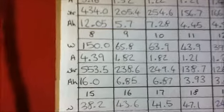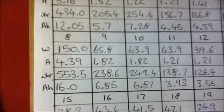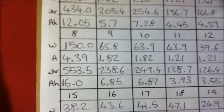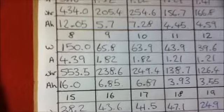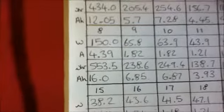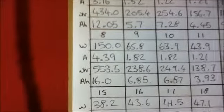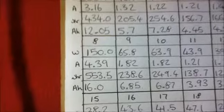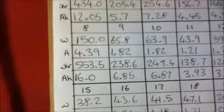You'll usually find that the days on my chart with the highest figures are usually Sundays or Tuesdays. These are the days when I'm not at work and I use power in the daytime as well. You'll see on this particular day that the panels peaked at 150 watts. I had a peak current of 4.39 amps from the solar panels. From the charge controller, that would be in excess of 10 amps going into the batteries, and I produced 553.5